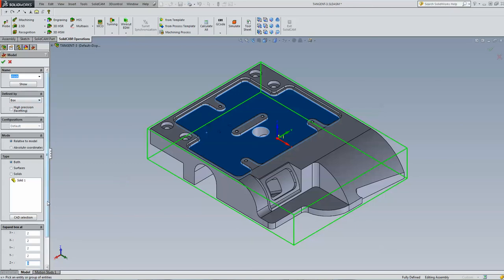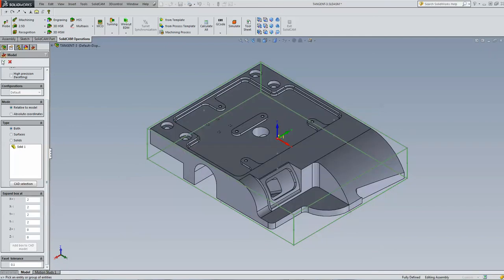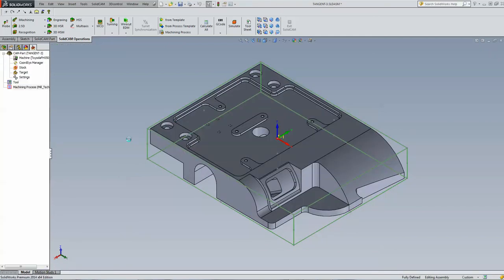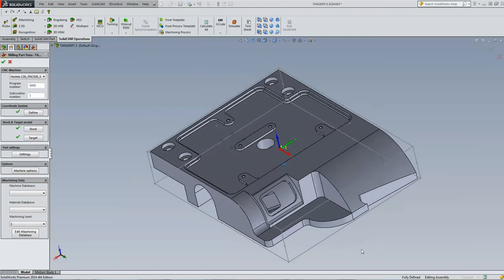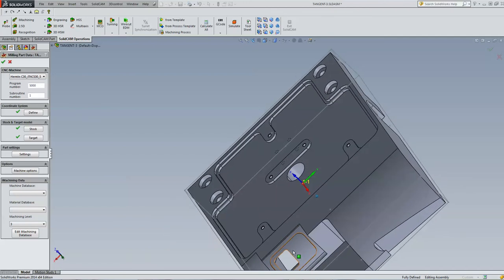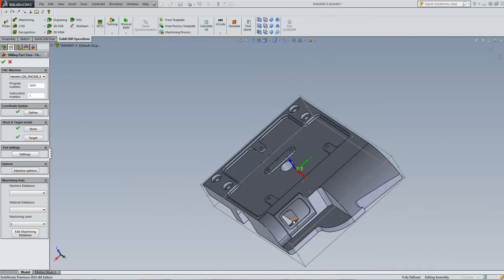You know what? Just to help myself out a little later on, I'm going to use the option of add CAD box to model. Okay, no problem. We did that. You know what? I also want to create one more home position. And in this particular case, on this part, I wanted just to create a home position for this area over here. So I did create a coordinate system inside of SolidWorks,